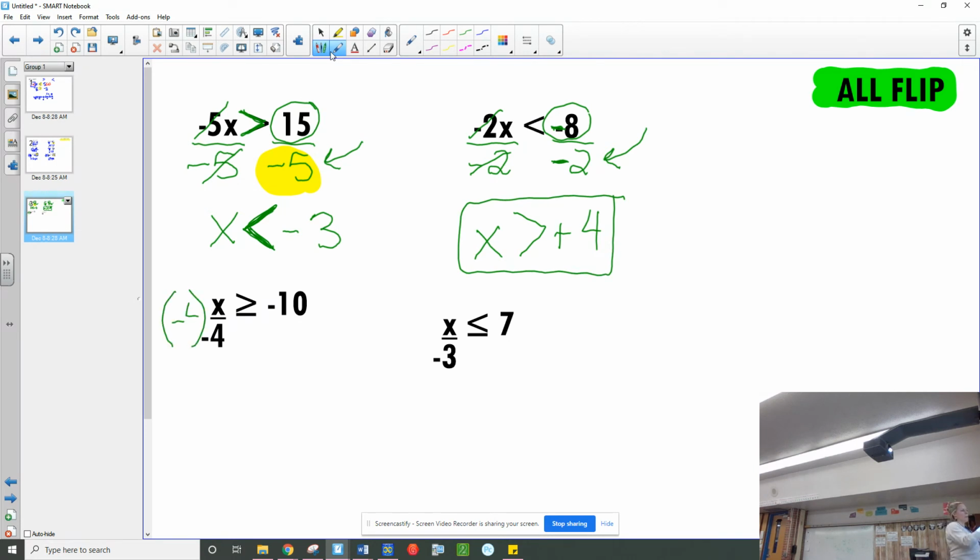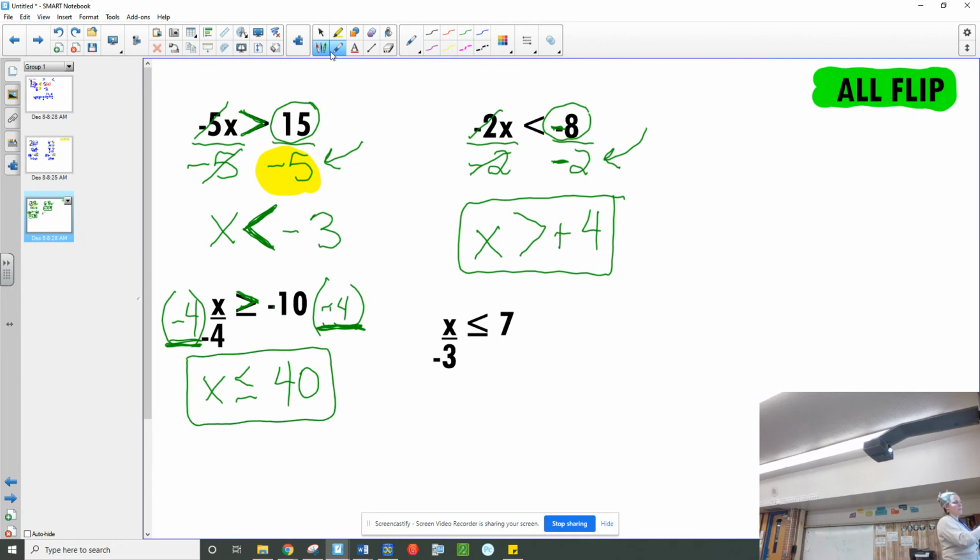I'm multiplying by a negative. 2 negatives make a positive 40. So I flipped the sign, not because of the 10, but because of the -4 that I did on both sides. Multiplying by a -3. Flip my sign because the 3 is negative. 7 times -3 is -21. One negative makes my answer